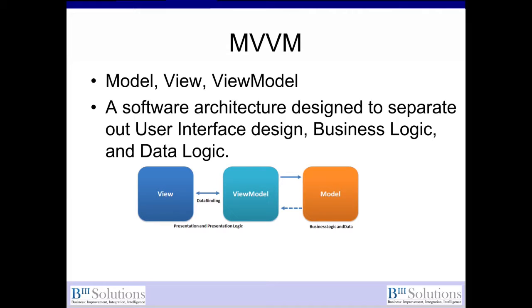The first one would be the view. That one would be like your pictures, what the user can actually see. The view model would be your business logic of how you want to show something on the screen. And then the model would be the data of the things you actually want to show something on the screen